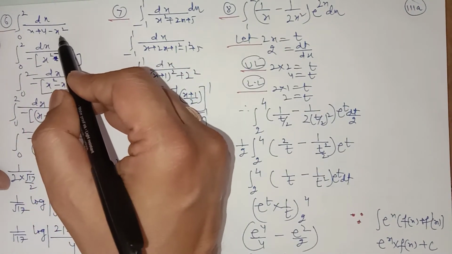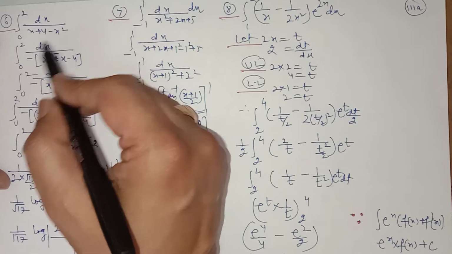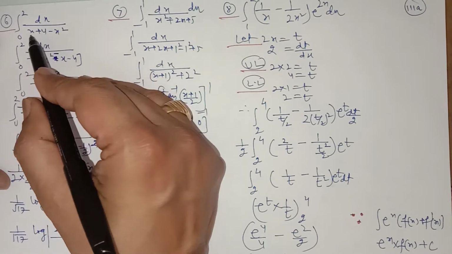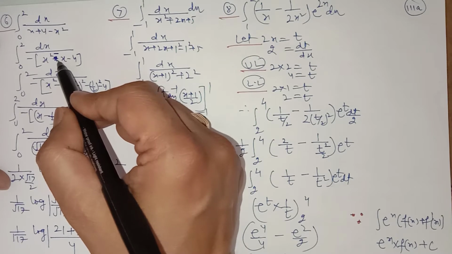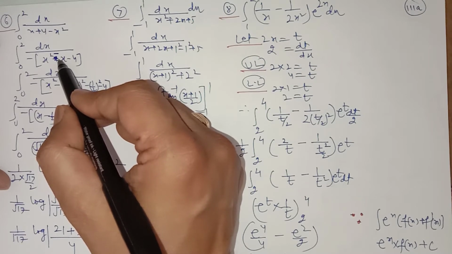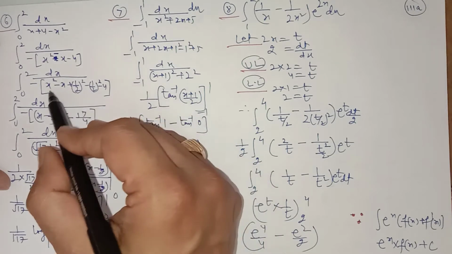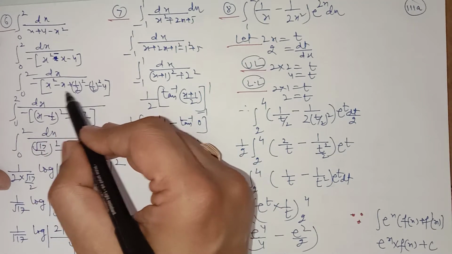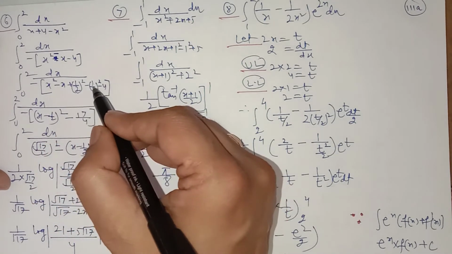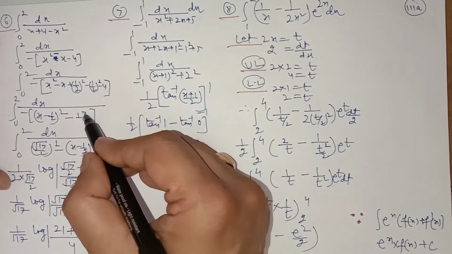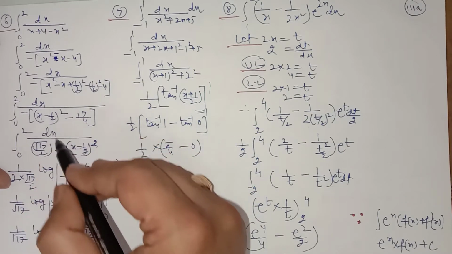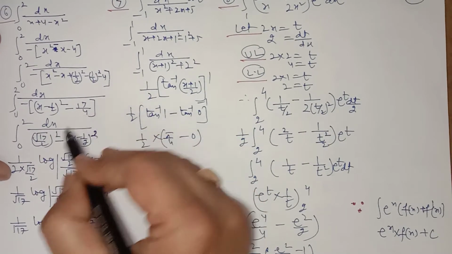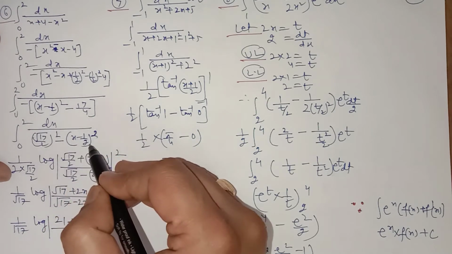First of all, make the coefficient of x square as 1, by taking minus common, that is x square minus x minus 4, then adding and subtracting half the square of the coefficient of x. The coefficient of x here is 1, so half of it will be 1 upon 2, so adding and subtracting 1 upon 2 whole square. This is the whole square of x minus 1 upon 2, and this is minus 1 upon 4 minus 4, which will be equal to minus 17 upon 4. Arrange the minus sign, this will be positive, this will be negative, and this is the whole square of root 17 upon 2, and this is x minus half whole square.